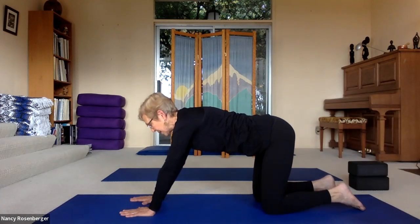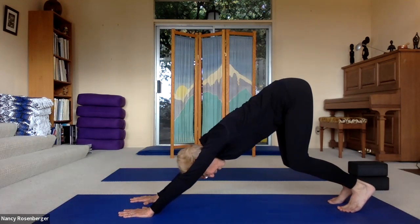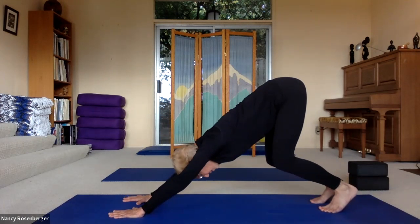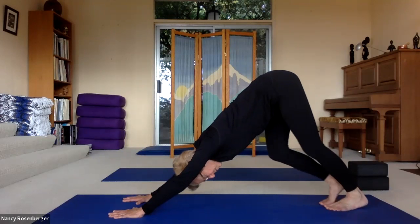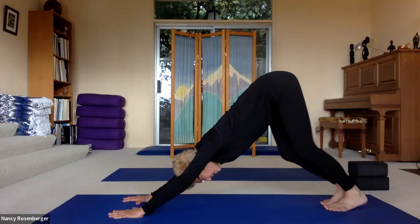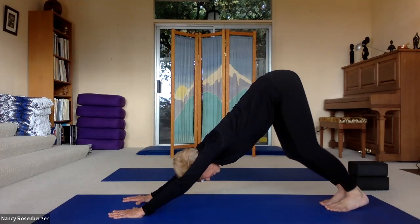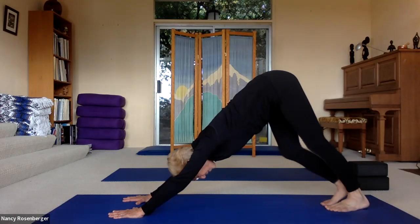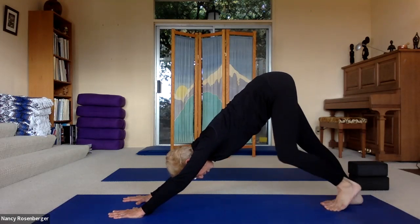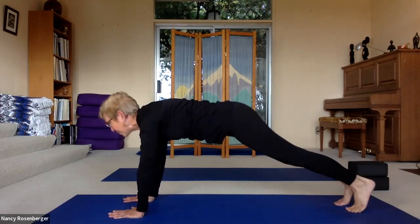Hands come forward just a bit in front of the shoulders, tuck the toes, and we'll come up into downward dog. Let the knees be soft, emphasizing the length of the spine, length of arms, the sides of the bodies, and then pedaling with the feet a bit, opening up gradually through the backs of the legs. Extending out through the crown slightly so that the neck and the back also becomes a little bit longer. Then we'll come forward into plank